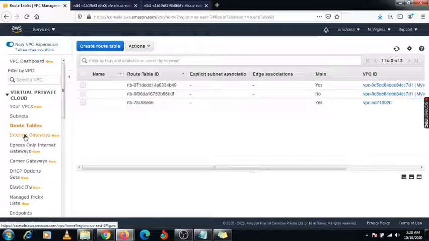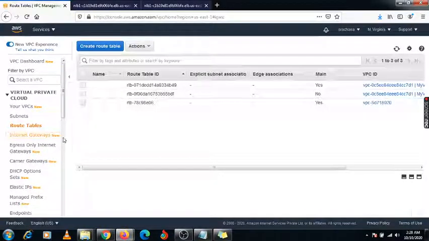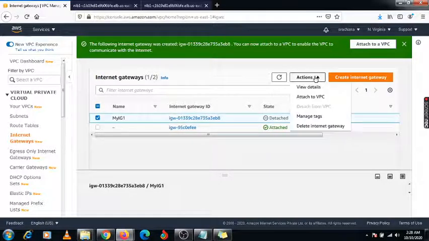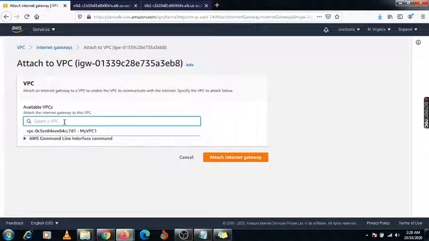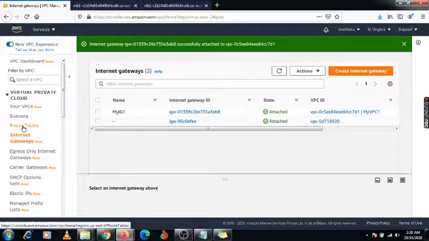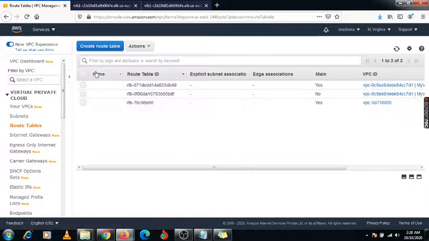Before creating the route table, first you need to go under the internet gateway and attach that internet gateway with your VPC. You need to attach it first. Here is the VPC and you need to attach it. Once it is attached, you need to create the route table.